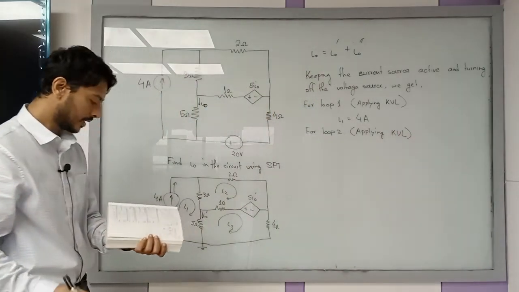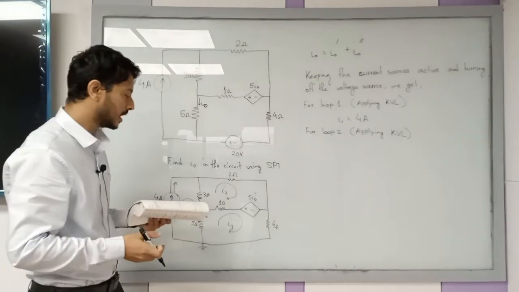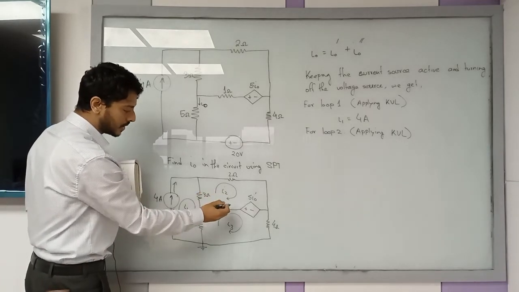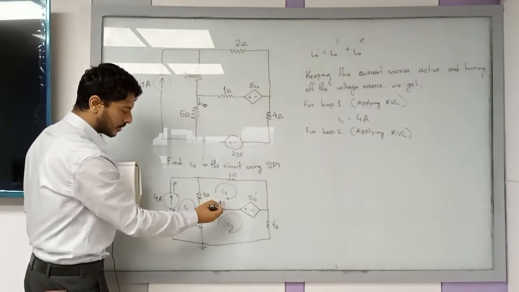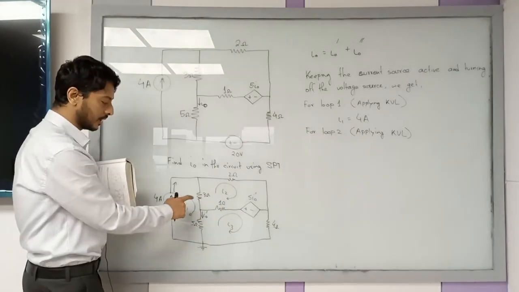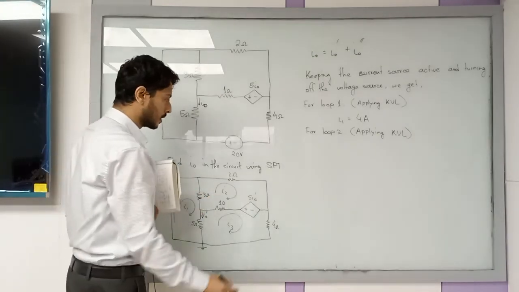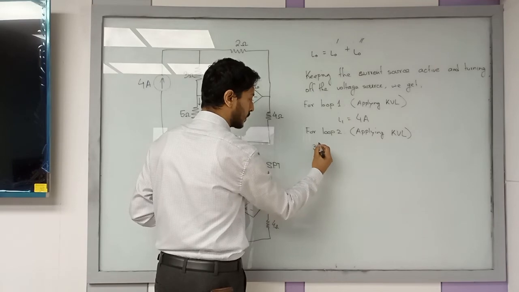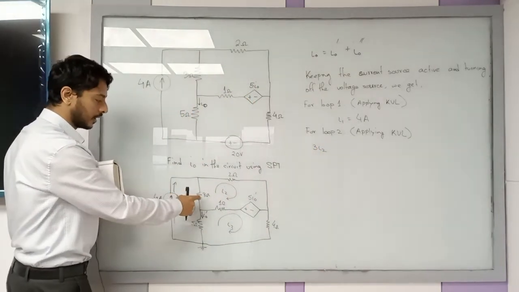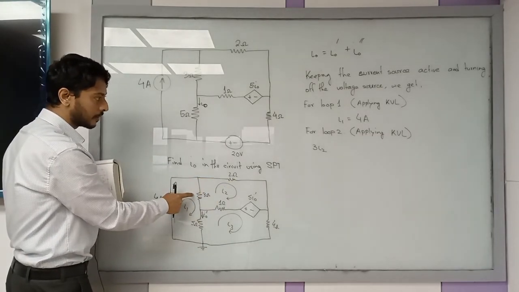So if you apply KVL at loop 2, what will be the equation? This is your loop 2. This current I2 is circulating over here. So if it goes through 3 ohm, it should be I2 times 3. The voltage drop across here should be I2 times 3 ohm. So this is positive. Okay? So as this is dropping, and there is a 2 ohm resistor over here. So basically,